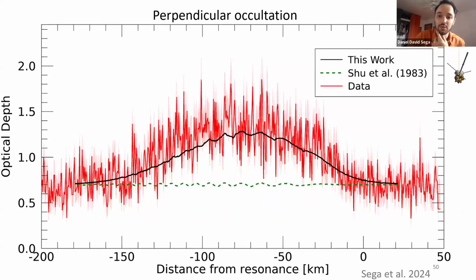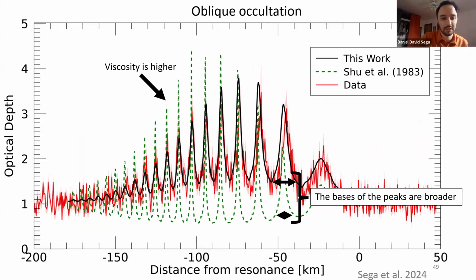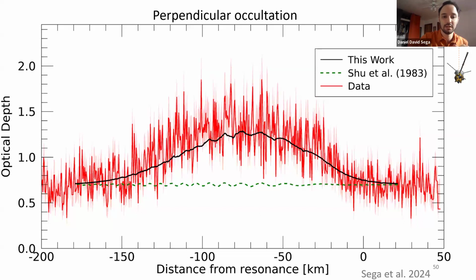And when we look at the normal occultation, we also find that the peaks of the slope and the peak of the signal more or less match. The shape is not perfect, but it is interesting that the location of the peaks is very close, because the location of the peak is sensitive to the viscosity. So the viscosity that fits the damping length of the wave is also giving us the right location of this peak, which is a good indication that there's a relationship between the slope and the signal, as we predict there is.